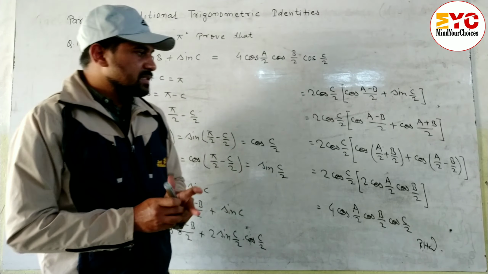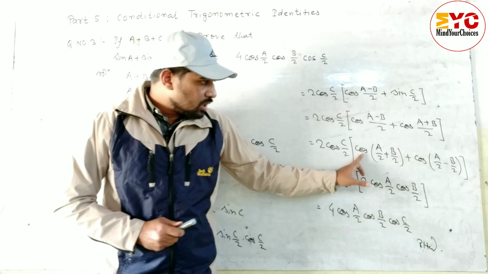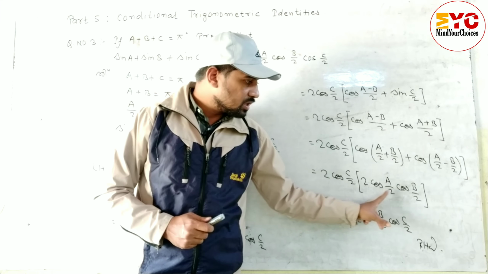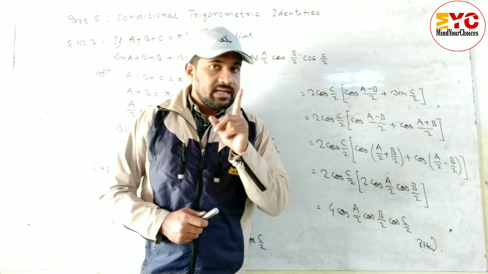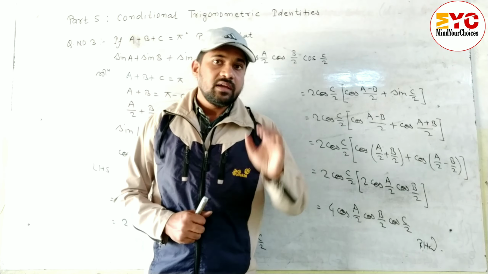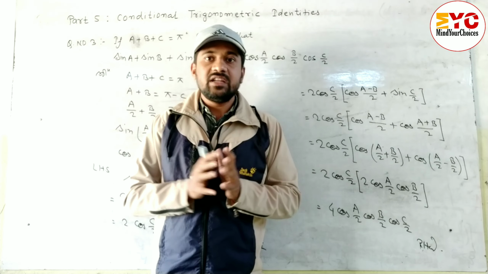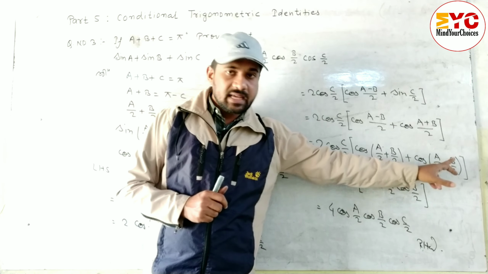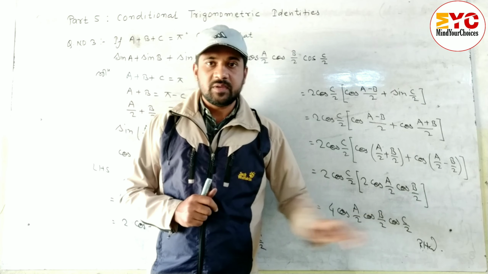Hope you understand this. Now again look here once. Cos (a plus b) plus cos (a minus b). The formula is 2 cos a cos b. When I taught you part 4 short questions, I gave you this formula. You have to remember it, or you can turn to your copies or book and check the formula. Cos (a plus b) plus cos (a minus b). The formula is 2 cos a cos b. Hope you understand this question.